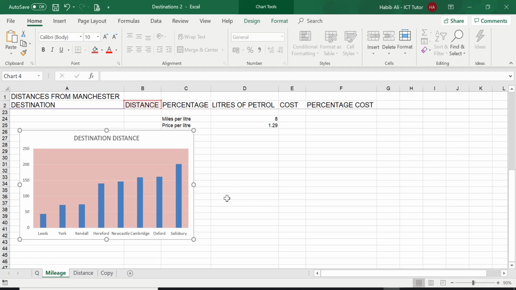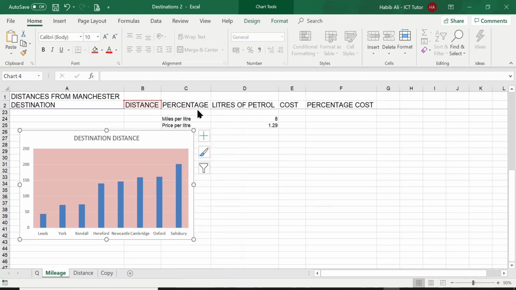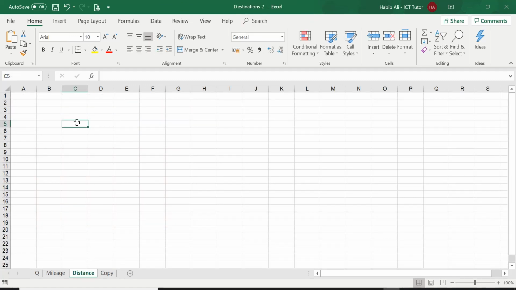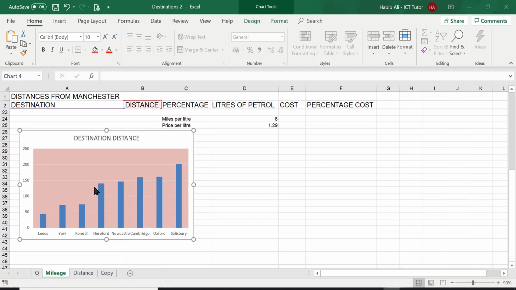So what I'm going to do is right click in the chart area, select copy, go to my distance worksheet, click on the cell where I want to start pasting from. So in this case is cell C5, and simply click on paste, and you can see how it actually does paste this chart starting at cell C5. It maintains the same size as you can see from this chart,